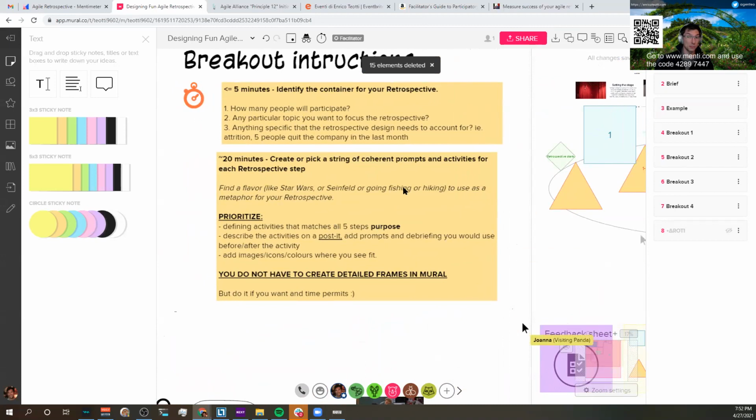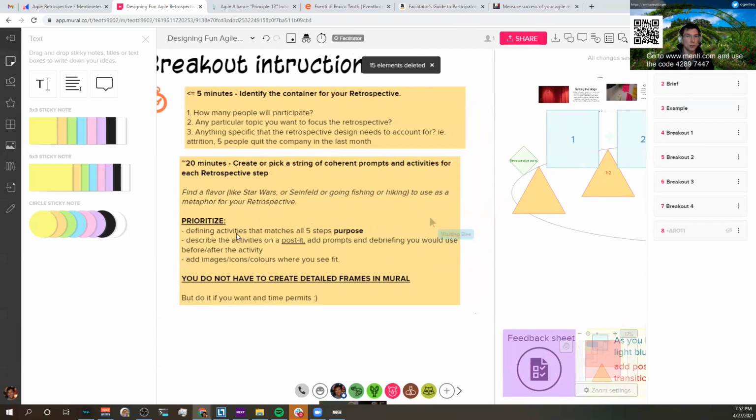Or traveling, that might fit a general group. Last time I ran this event, someone did one about a sporting team, like a soccer team. So the metaphor of working together as a soccer team. So yeah, once you go into the breakouts and after you've defined the number of people,